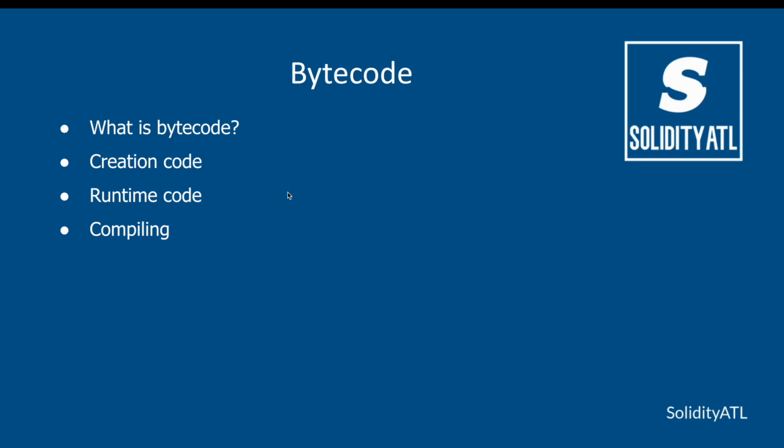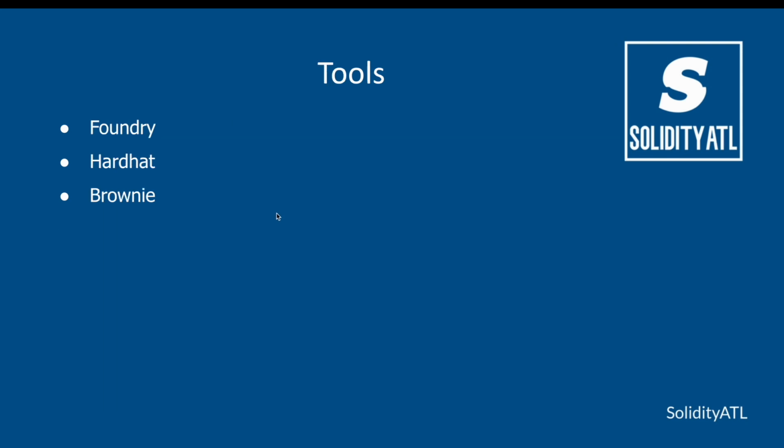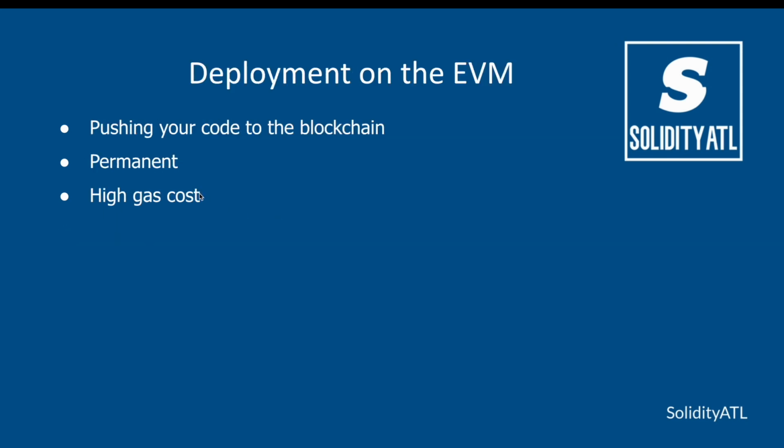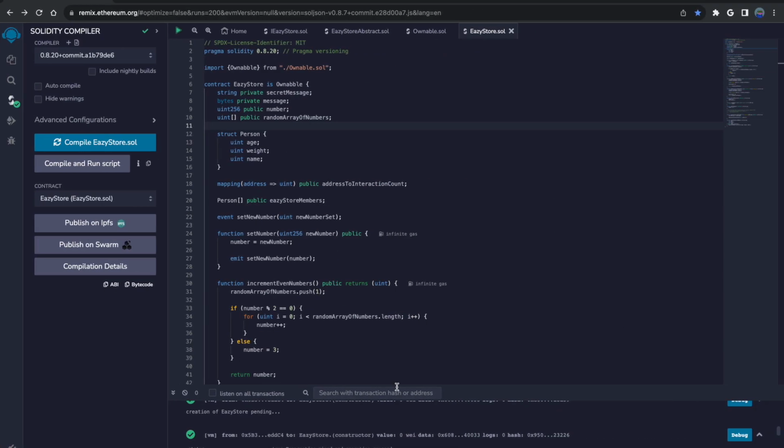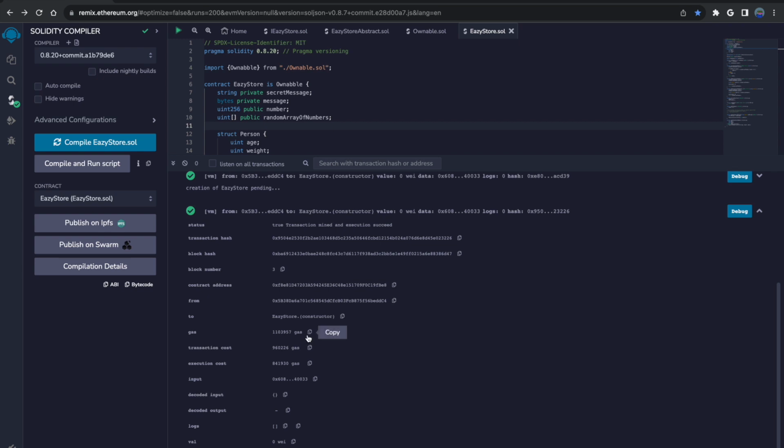That is essentially what that entails. Another thing I didn't talk about is the gas cost. So when you deploy your contracts, it's actually a lot of gas. The creation opcode, to deploy your contract, takes a lot of gas to do that. You are taking your contract and pushing it on chain.